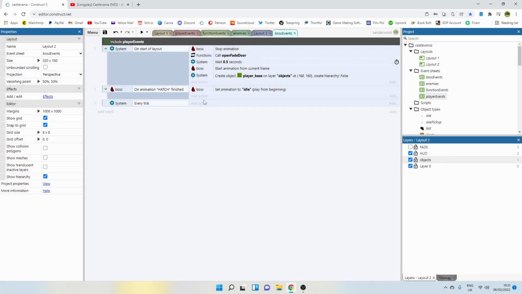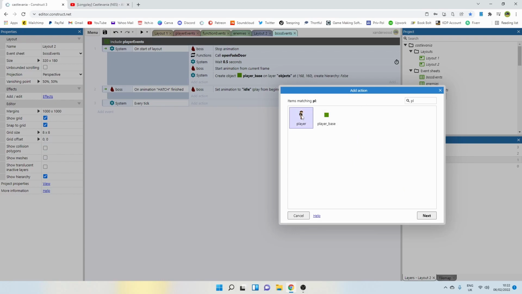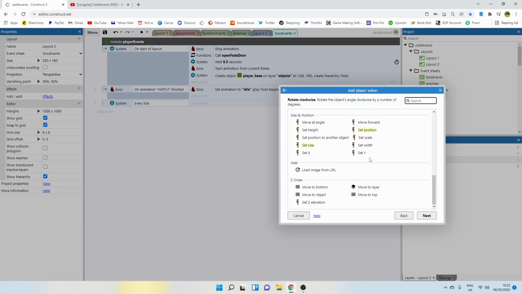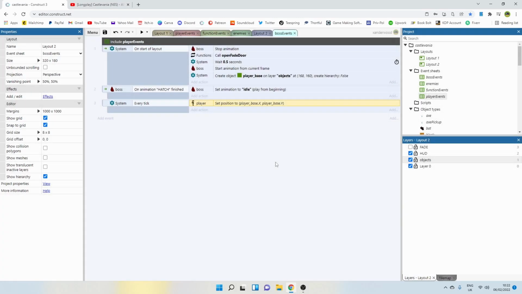We need an every tick, so we're going to say add event, we're going to say system, and we're going to say every tick, and we need to set the player every tick's position to the player base. Set position to player base dot x and player base dot y,